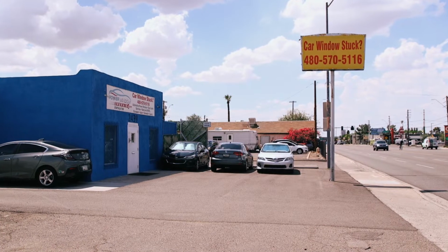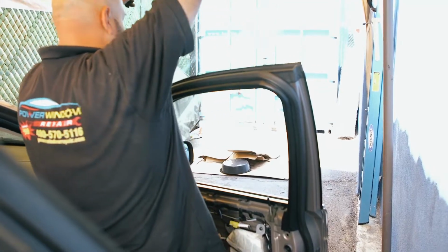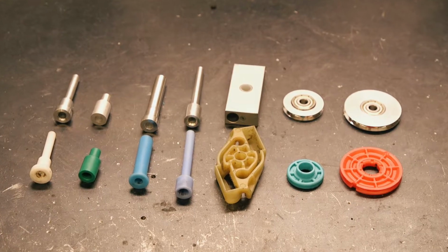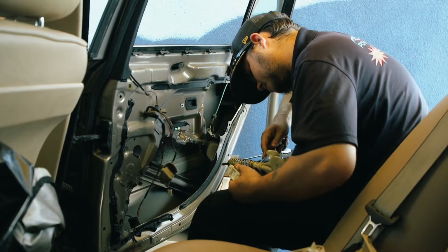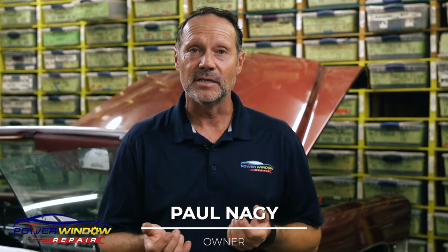Your power window mechanism is broken due to your manufacturer using weak plastic. We replace them with our strong metal parts, giving you a lifetime guarantee at a cost radically lower than dealerships and other shops. Here at Power Window Repair, we understand that having a broken power window mechanism can be inconvenient,